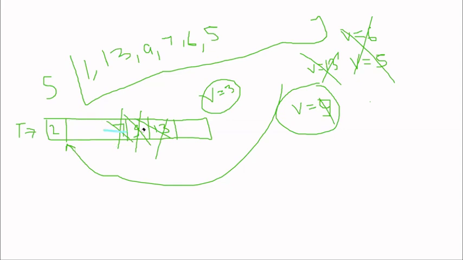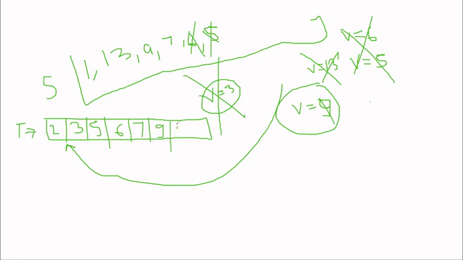Let me remove all these. And again, because we got 2 and 2 is less than this 3, we'll not pop 2 from here, we'll add 3 here. After that, all these elements will keep on coming as v, and that is greater than 3, so it will be added. 6 will come, 7 will come, 7 is also greater than this, it will be added. 9 comes, 9 will be added as well. 13 comes, 13 will be added as well. So all these elements are being popped from here.